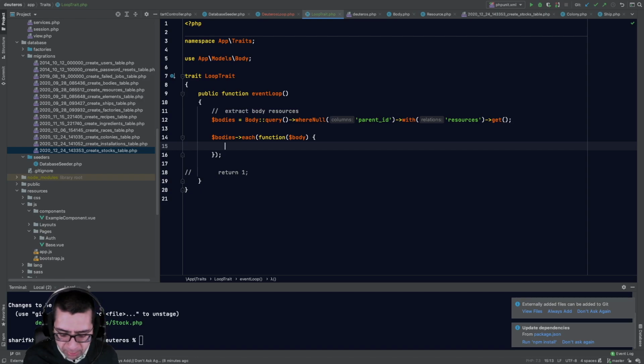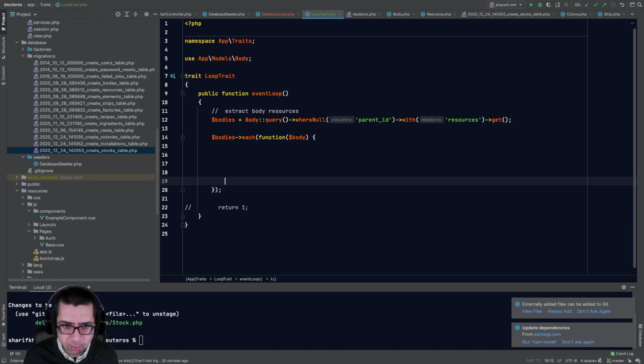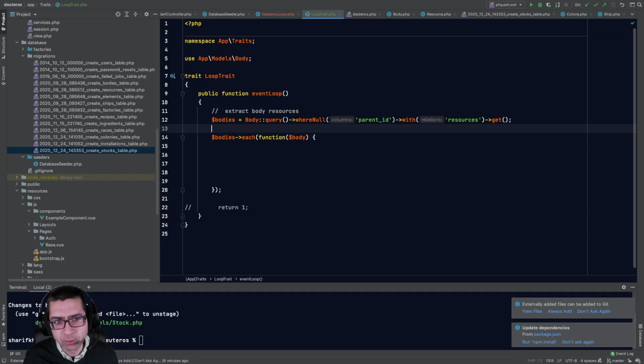So the ultimate aim is, ultimately what we want to do is update this stocks one. We need to get a list of, okay. So we need to also get a list of